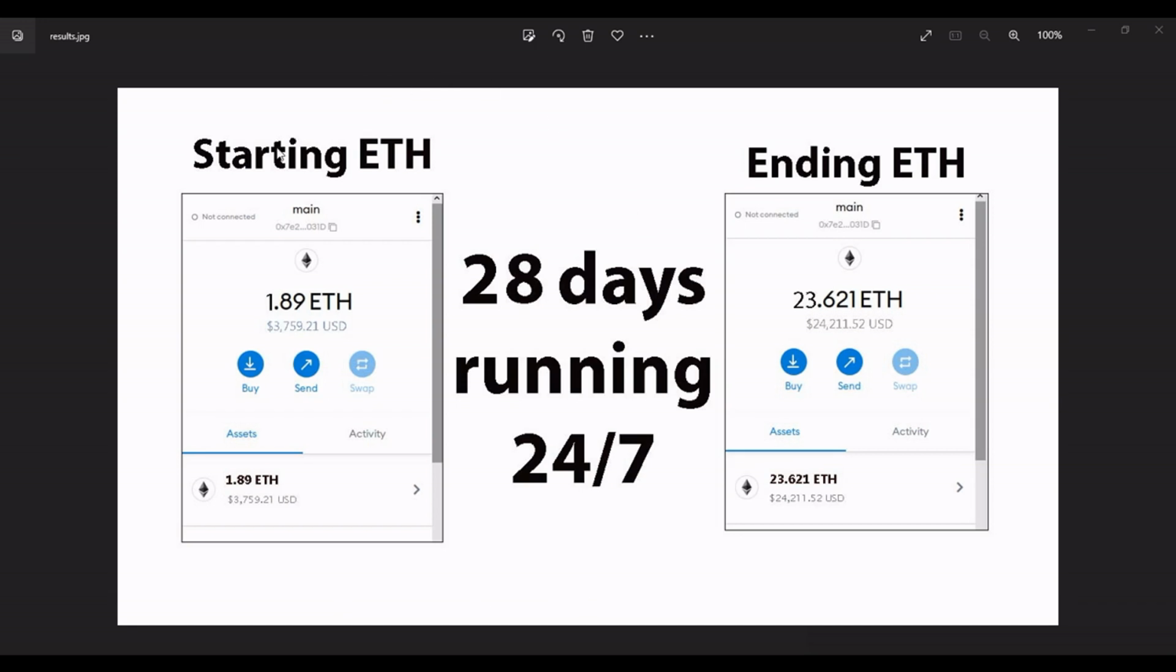So this was my starting Ethereum. Now keep in mind the bot was only set to utilize the 0.5. So even though I had this much in there, the bot wasn't utilizing that. It was just working off the 0.5. So off the 0.5, in the 28 days of running it 24/7, I made 23.621 Ethereum,